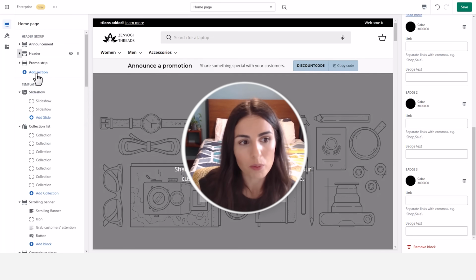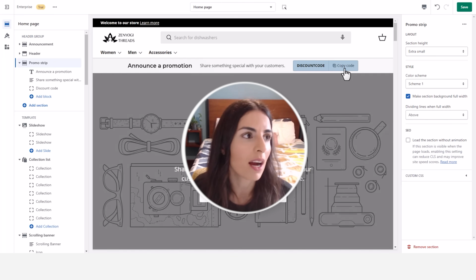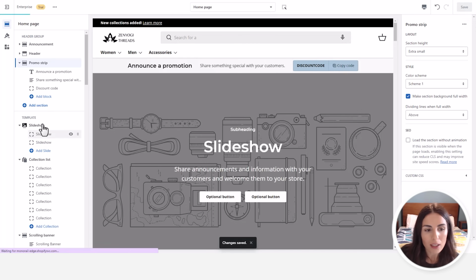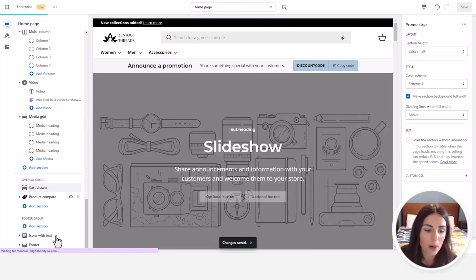Okay, once this is done, we have the promo strip, and as I told you before, this is something I like a lot about this theme, is that you can directly copy the coupon code from here. So if you have a special discount or if it's Christmas and you want to announce it, this is where you do it. After that, let's scroll to the last section of this page where we have the footer,